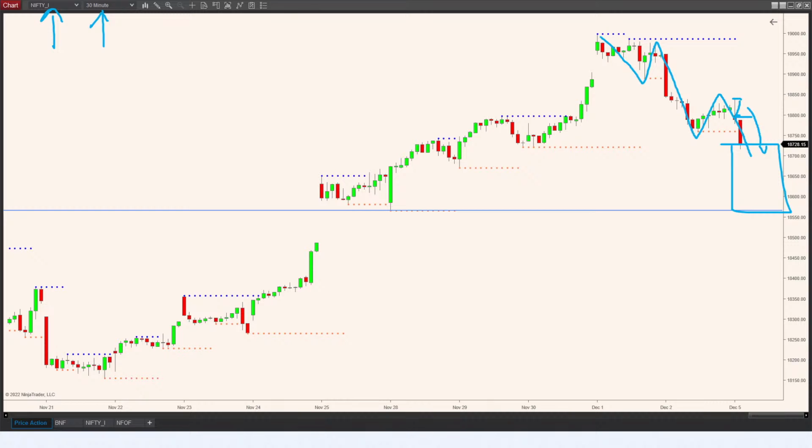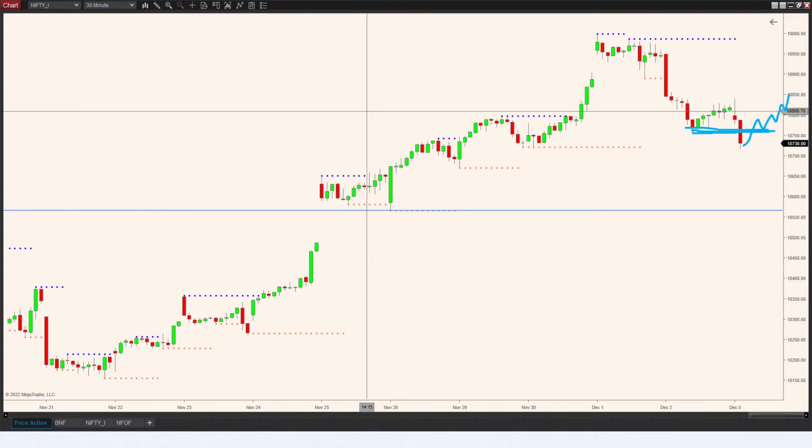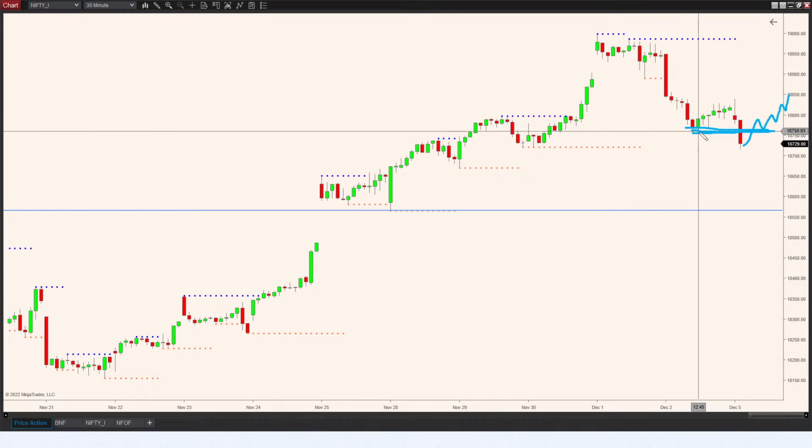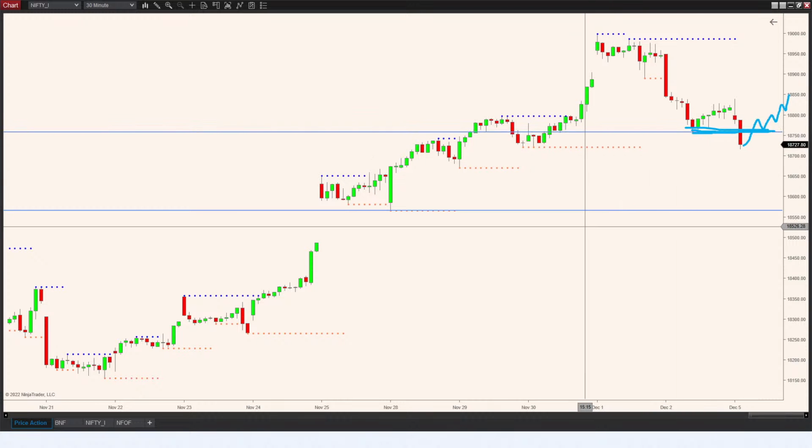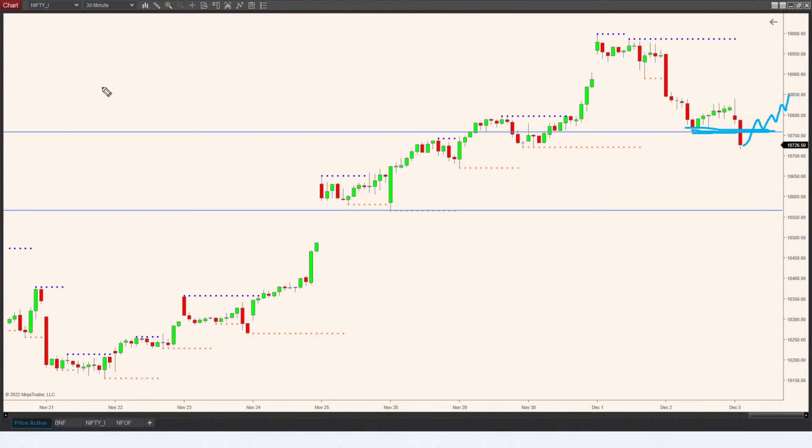And one more point I want to add here, that at the present moment the market is trading at the previous day low. This is a make or break level, we can say, for today's trading. If the market rejects from this level, and if it starts to sustain above the previous day low, that is this particular level, let me mark that as well, somewhere around here, 18,760,